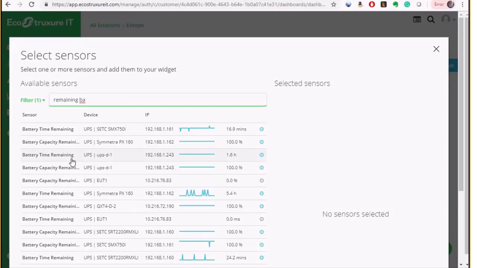And then I need to validate because here I have several UPSs, so I need to validate which UPS I'm looking at. So I have one down here, the EUT one, and I have my USPD one up here. So I'll select this one,